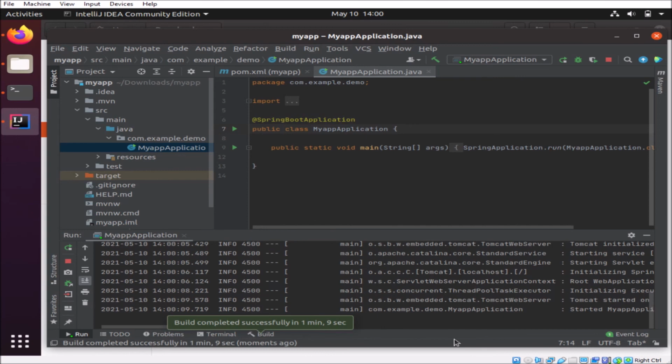But in the future, what we're going to do is start building this out into a RESTful application. We'll add some API services,